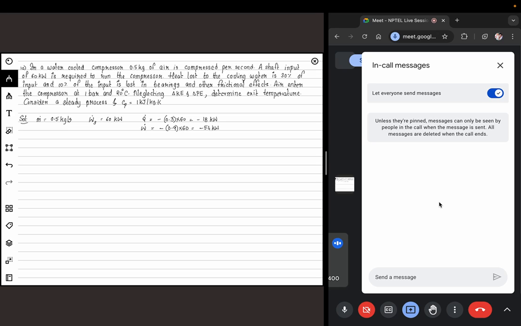Air enters the compressor at a pressure of 1 bar and a temperature of 20 Celsius. Neglecting changes in kinetic and potential energy, determine the exit temperature. So you again use the steady flow steady state energy equation. So Q dot minus W dot is m dot times the change in enthalpy, H2 minus H1, where we use Cp times T2 minus T1. We know Q dot to be minus 18 and W dot to be minus 54. M dot is already given. Cp assuming 1 times T2 minus T1. To solve this equation, T2 comes out to be